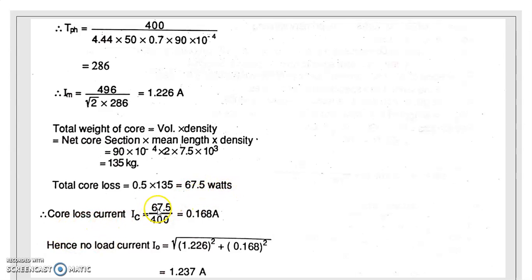The core loss component is nothing but the total loss divided by per phase voltage. By putting in that value and by using I0 is equal to root of Im square plus IC square, you will get the total